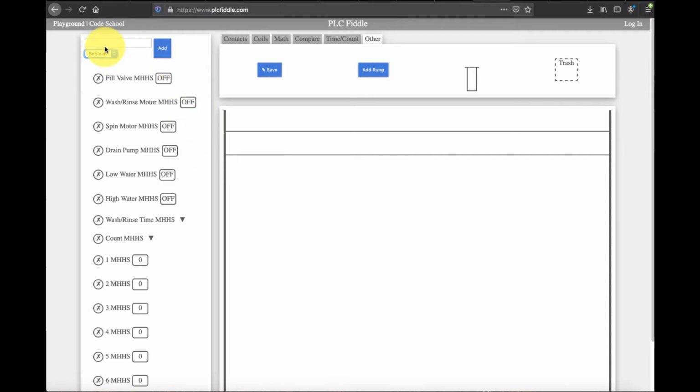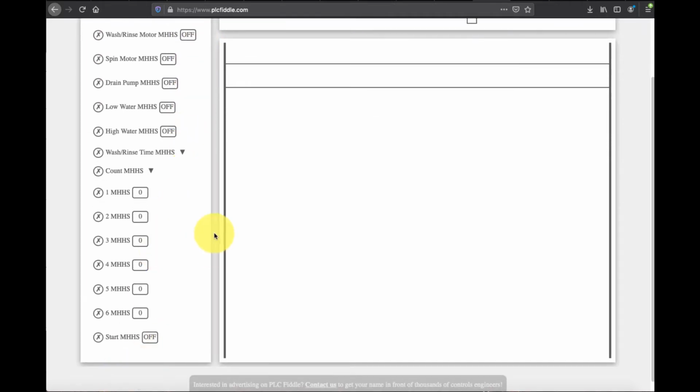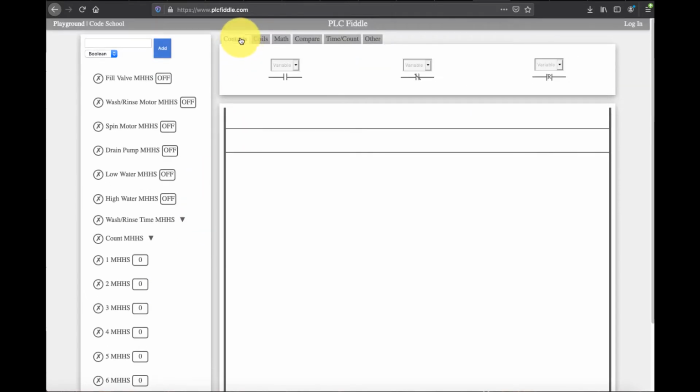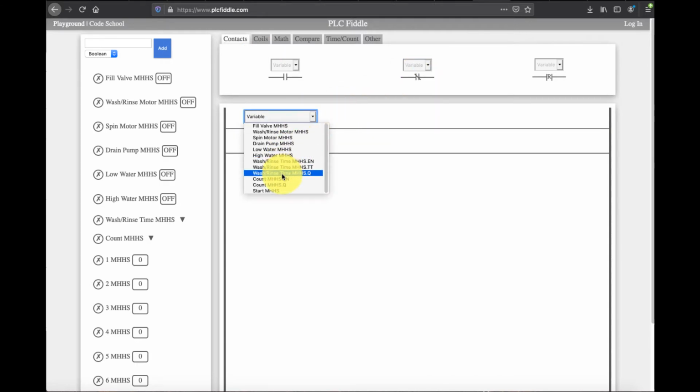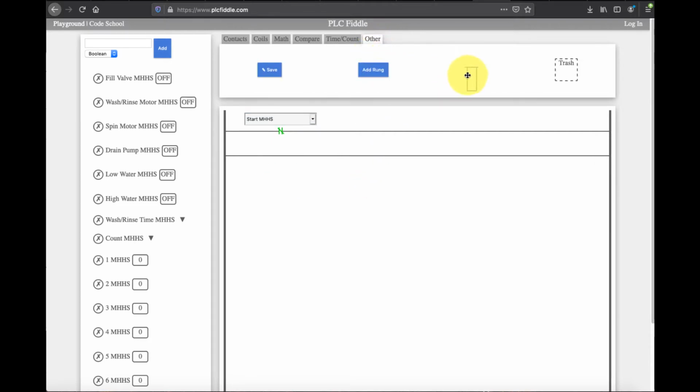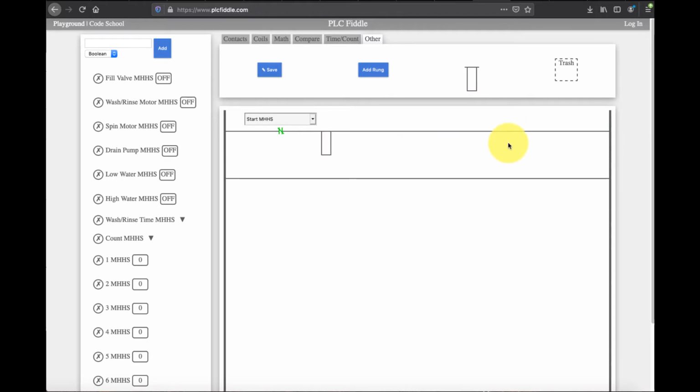Need another Boolean, and that is a start button. So I'll add that. And it shows up down here. So let's go to contacts, and I'm going to start with a normally closed and set that to the start button. I'm going to click the other tab, drop this branch in,